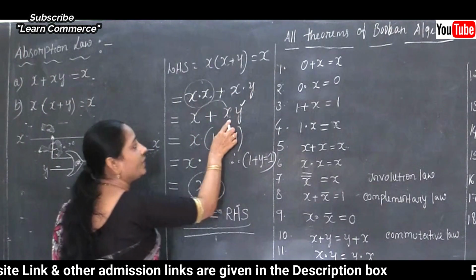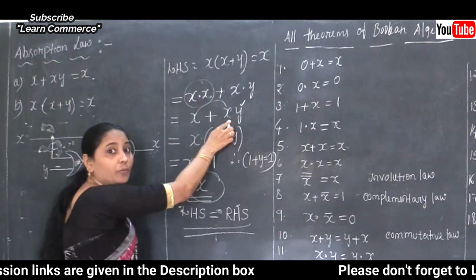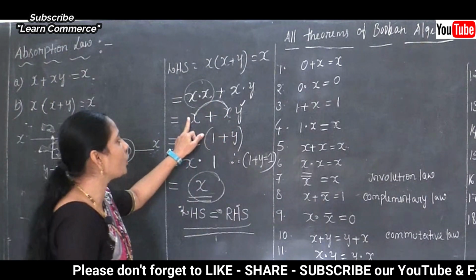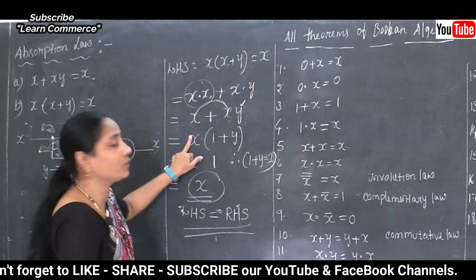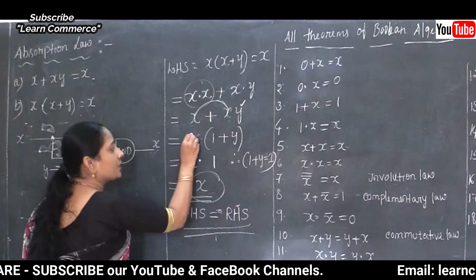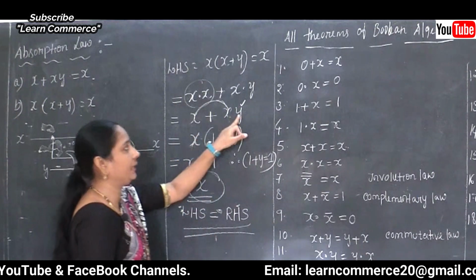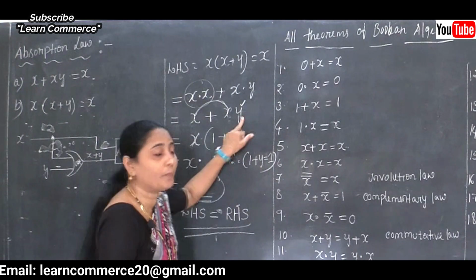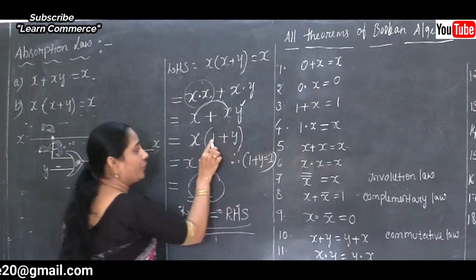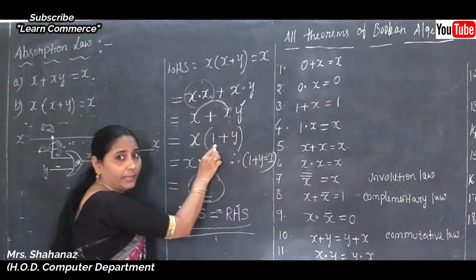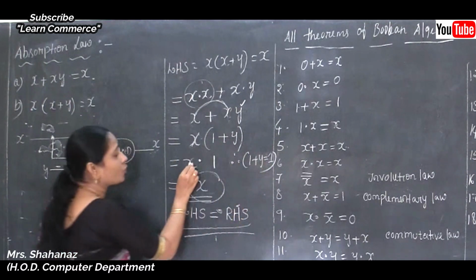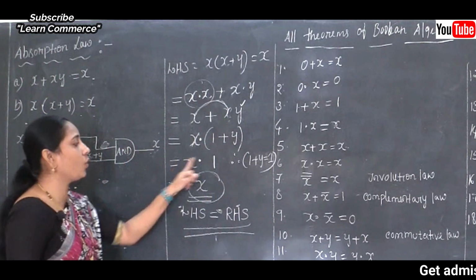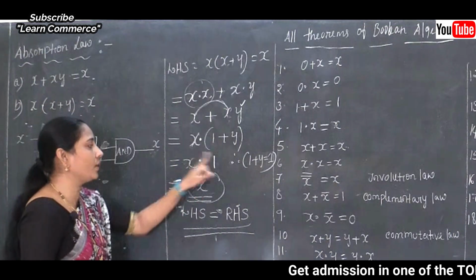Now for x and y, we take no changes with the values here, and after that we just need to make the addition of the values. So x plus x, 0 plus 0, the value is 0 only. So only the x value we need to take, and such a y value we can't take alone, so such value is taken by using 1 plus y here, and we know that the value of 1 plus y is equal to 1 only.